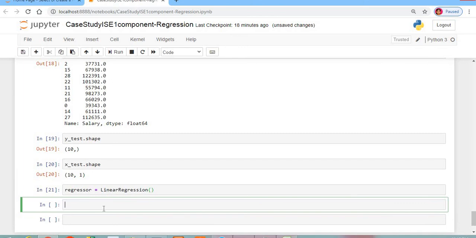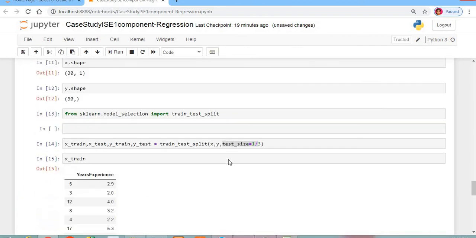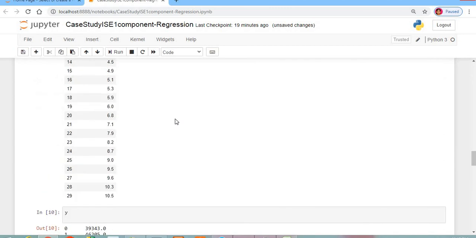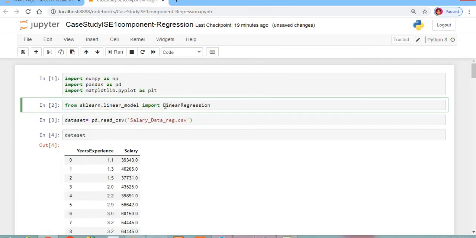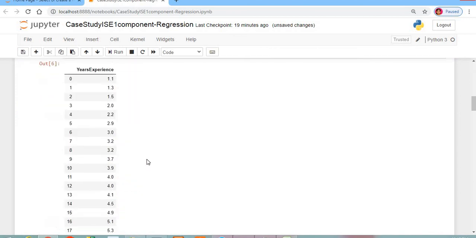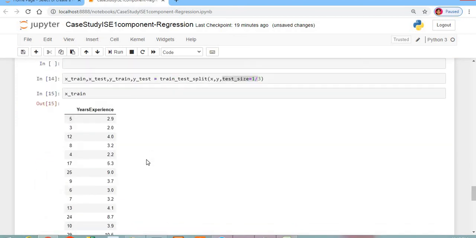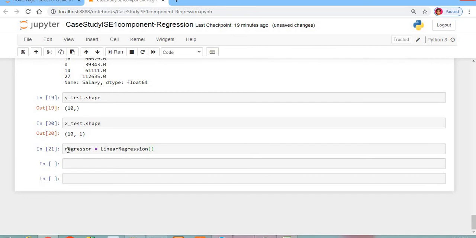So regressor is created. Here train test split was imported, then linear regression is also imported, right? Linear regression imported, and we are creating the instance, or you can say the object is created, that is regressor.